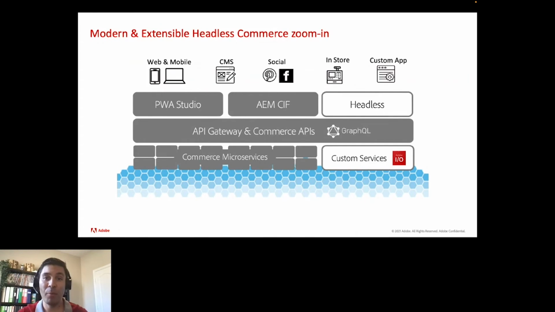This decoupled API platform will allow developers to extend and customize capabilities through Adobe I/O and App Builder with serverless functions. This will allow you to serve different stores in a headless fashion, in a true headless fashion. These stores can be PWAs, mobile apps, smartwatches, personal assistants, or even VR.